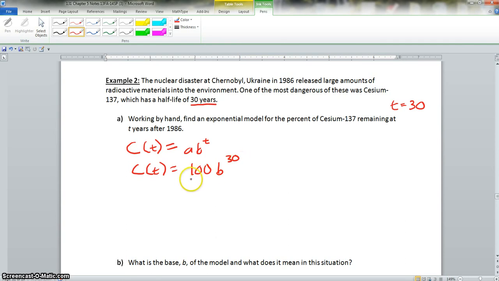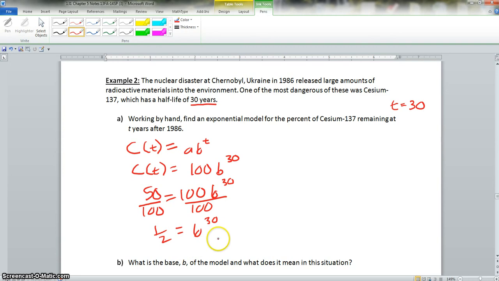Now, C of T we know is equal to, backing up just a little bit. Remember, our first year we would have 100%, or we would just put 100 here. Remember, our C of T is the half-life. So our C of T would be 50, because 50 is half of 100. So we have 50 is equal to 100 times B to the 30th power. Now we would divide each side by 100,